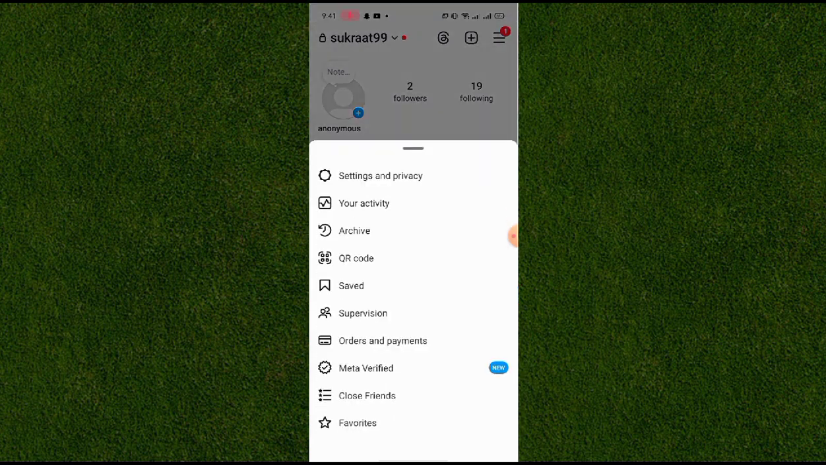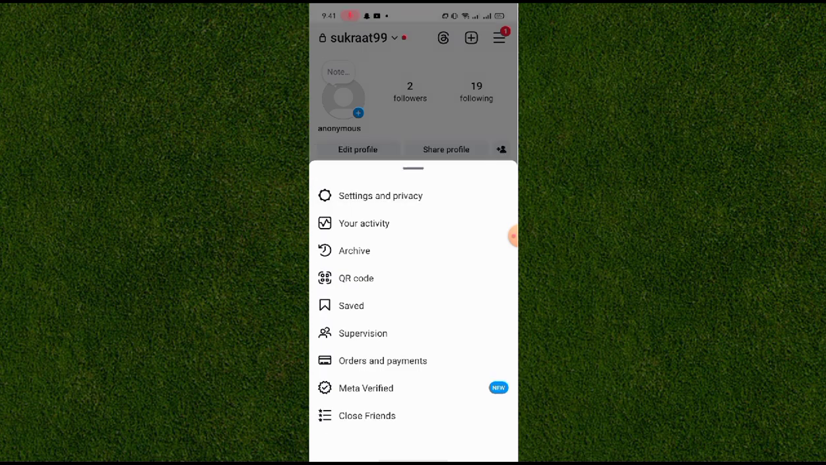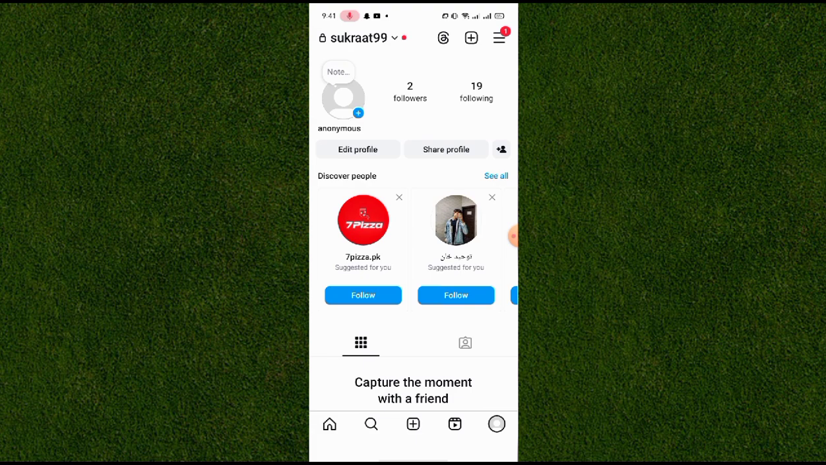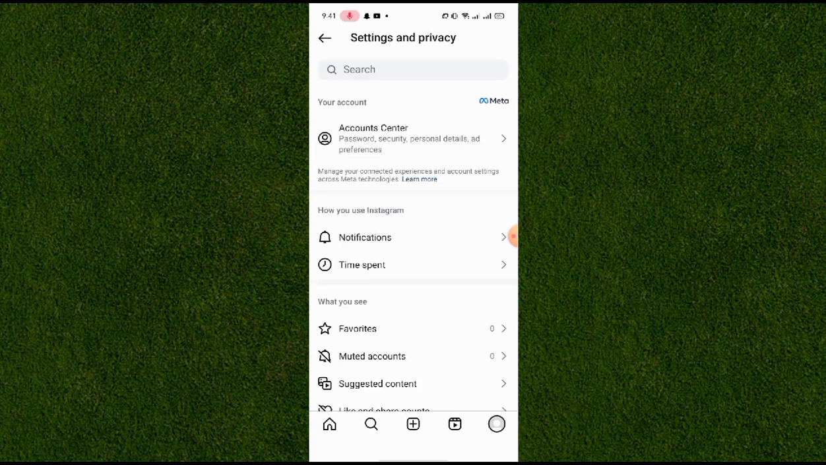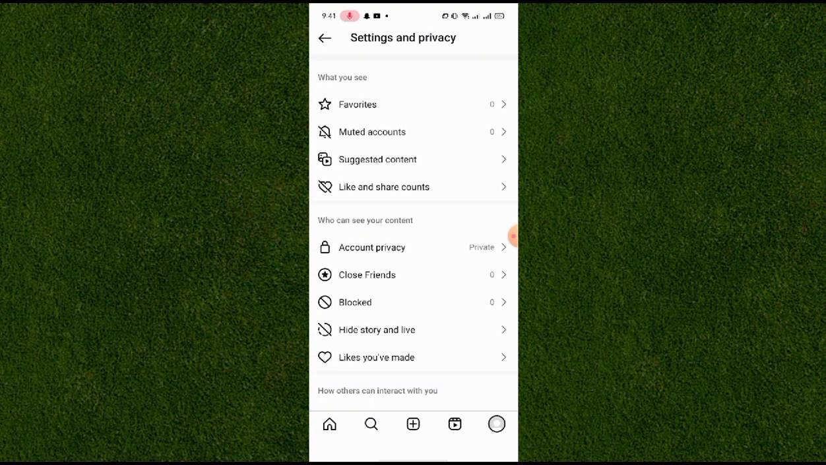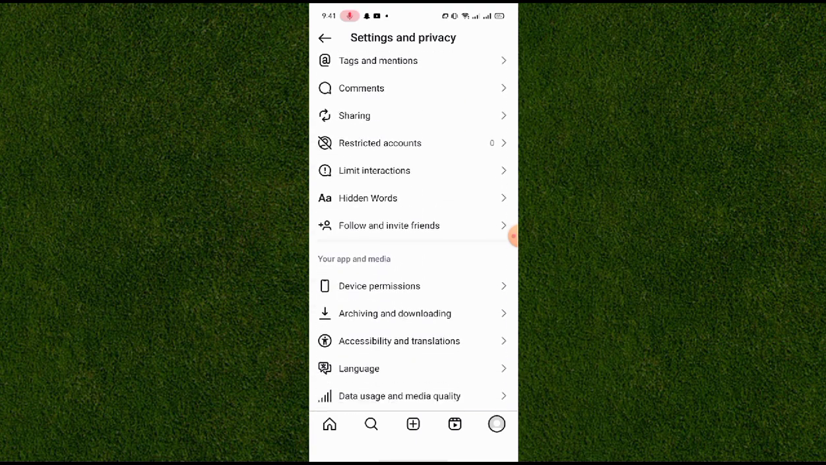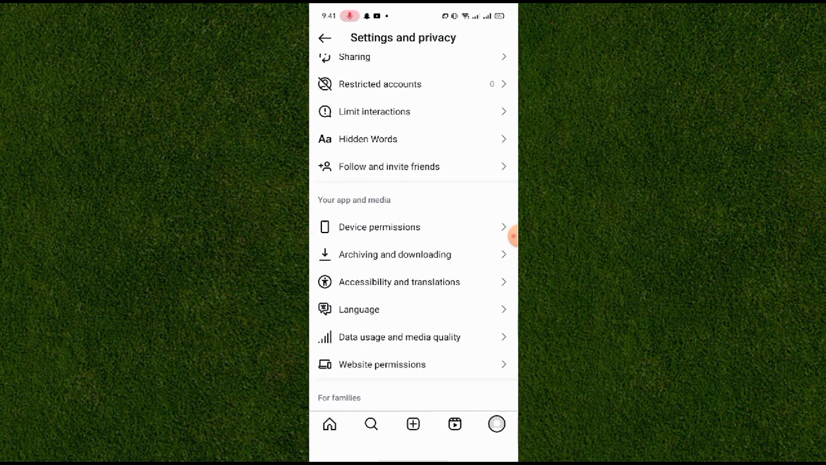and you can see the settings and privacy option. So tap on here, scroll down, and you can see the accessibility and translations option. So click here,